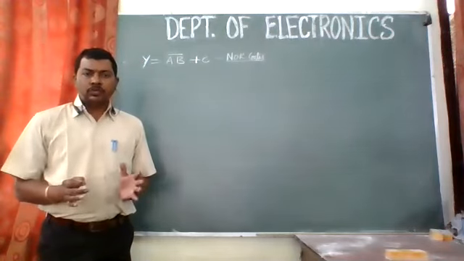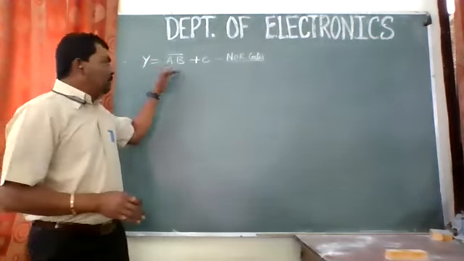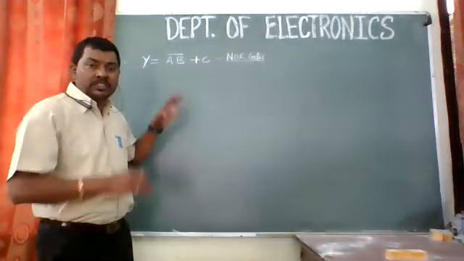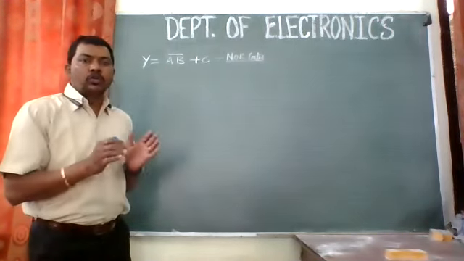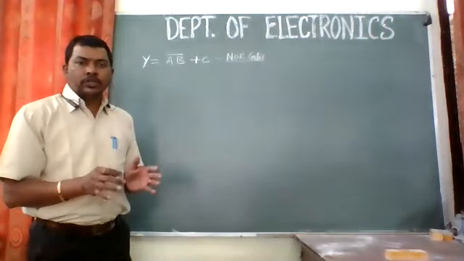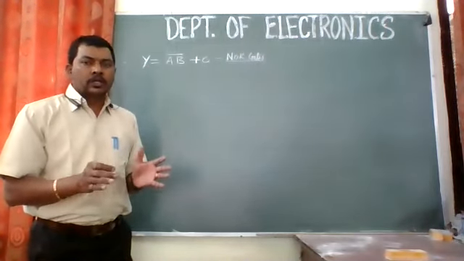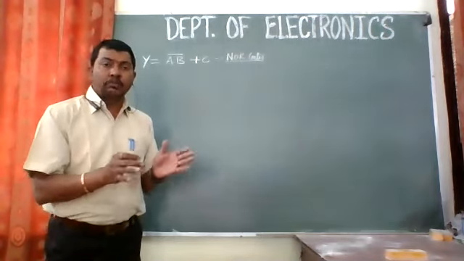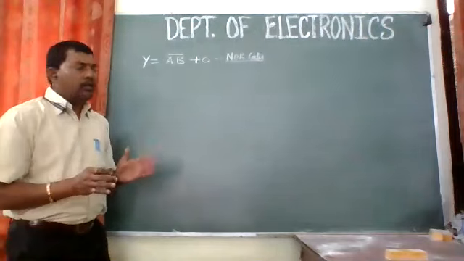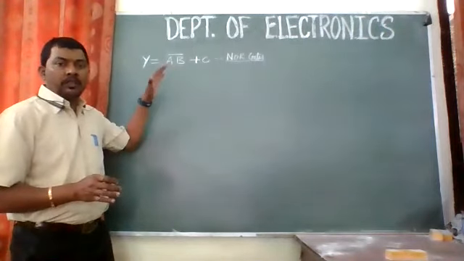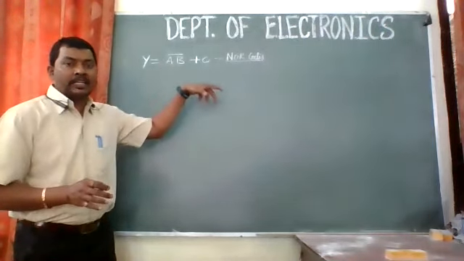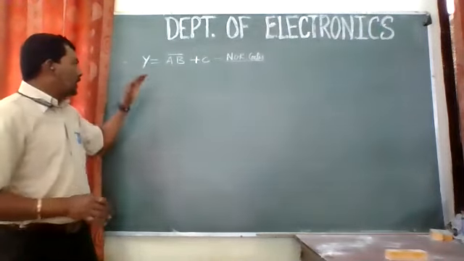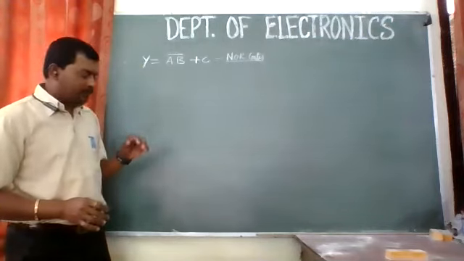So what we have to do is implement this equation. Implement means we have to design that circuit by using NOR gates only. So this equation should be in the form of NOR gates. Then only we'll be able to implement that circuit, right? So for that, we need this to be in the format of a NOR gate expression. So let us try how we can do that.